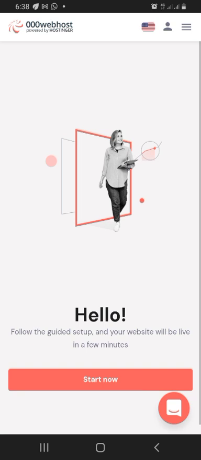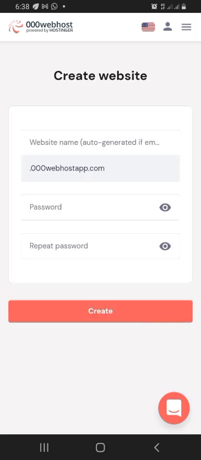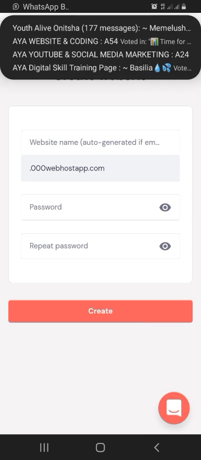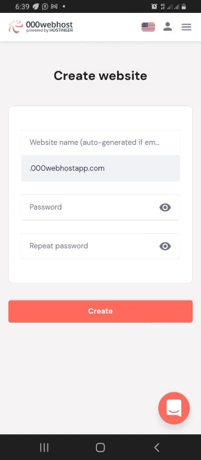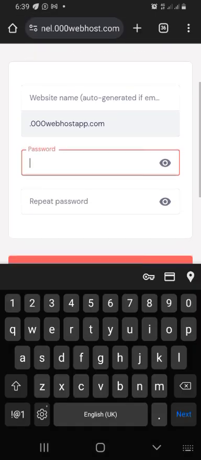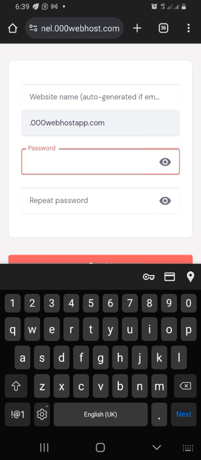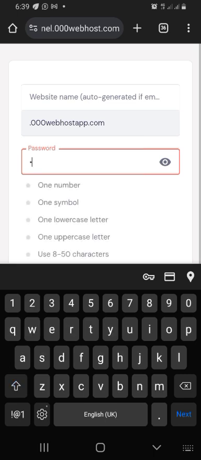And so what I'm trying to do is sign into their website and then create my own account. There's also a create website option. In this place now, I'm going to write my password. I'm going to write a repeat password as well. And then after that, I'm going to click on create account. Now there is a trick to writing your password here. Number one, make sure that your password is at least 8 characters.